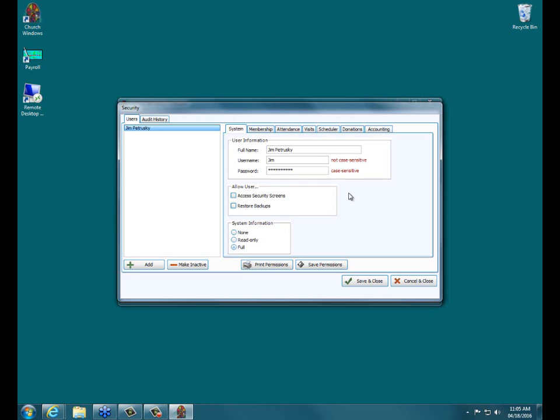Okay, so notice on the right side here that the username is not case sensitive. What that basically means is when I type in my username, it can be a lowercase j when I type in Jim there. But the password is case sensitive. So whatever capitals or lowercase letters in the password do matter when you're typing in your password to get into